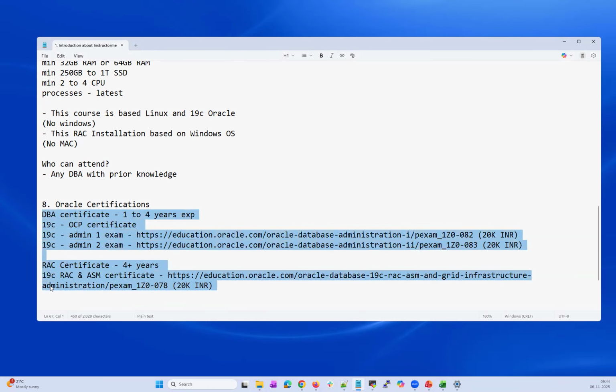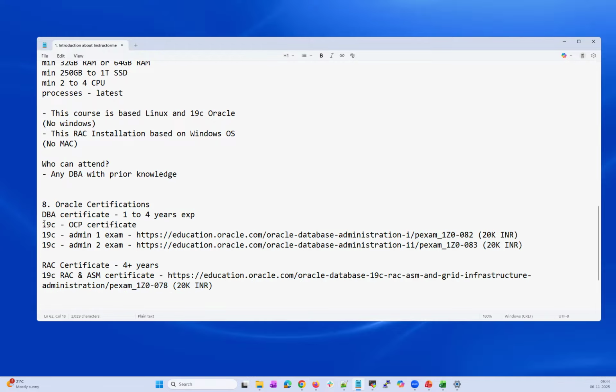So anything I mentioned, any client, let's take Infosys, Oracle, Wipro, Walmart, or Flipkart, whatever their Oracle database, either they will run with a standalone database, that's the database certificate you have to complete, or those databases run under RAC, you have to complete this RAC certificate. Meaning if you are a junior DBA, you have to complete your database certificate. If you are a senior DBA, you have to complete your RAC certificate.